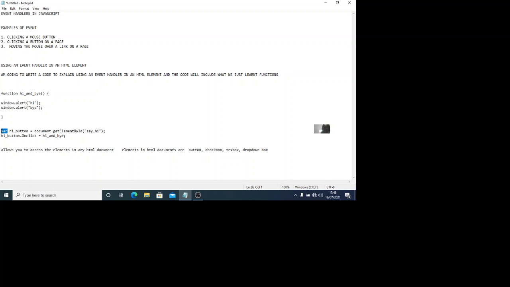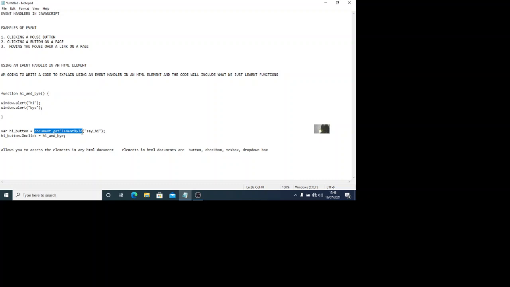The var here means that we have declared this button as a variable, and in order to make this our variable, we have to add hi to it, because button, if you write button alone, is an HTML element, so we cannot use it as a variable name. So to use the HTML element button as a variable name, we added hi to it. Good. hiButton is equal to